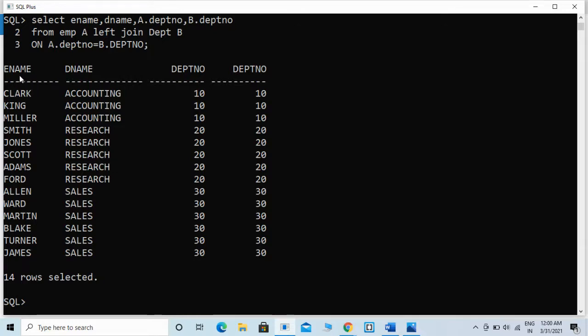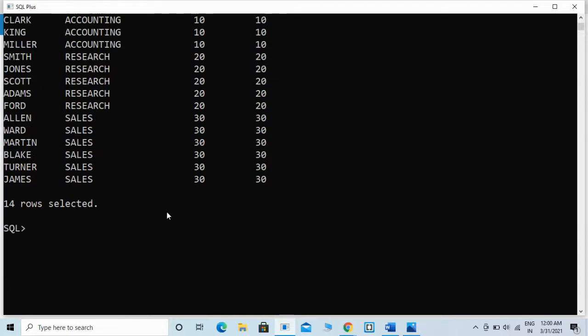These are the records from the left table and matching column from the right table, that is employee name from the left table and department name from the right table. These are the matching records present in both the tables.